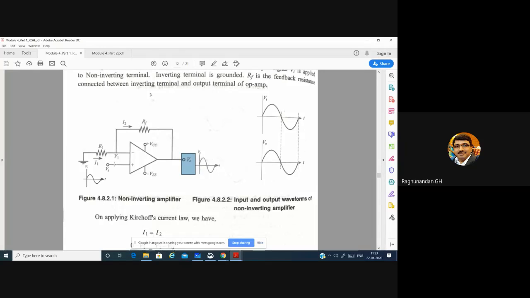Why we have to give that positive feedback in an oscillator is, in an oscillator you are not going to give any input. It has to generate the input. We are not giving a signal generator. What we do is connect part of the output as input. So part of the output acts as input. If you want a very good quality signal, you have to increase the gain. Increasing means the strength of the output signal has to be increased and given as input.